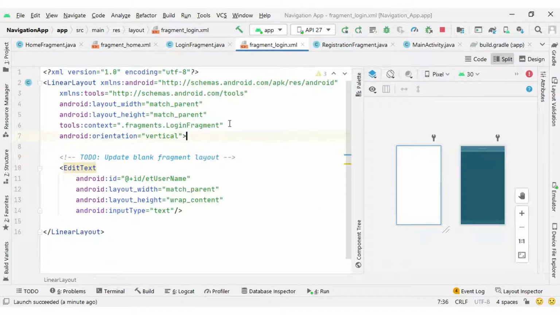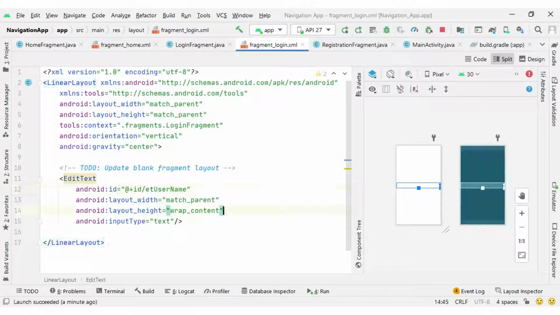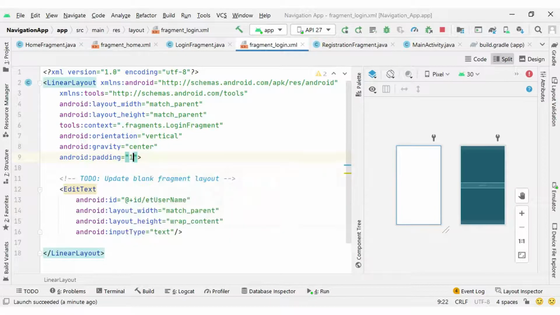You can also set the gravity center and padding 16dp, so it will have some space around the edit text.